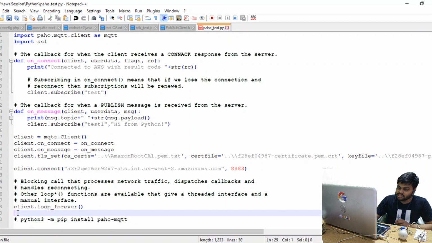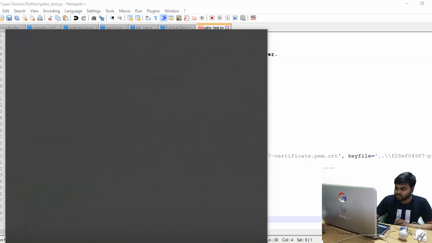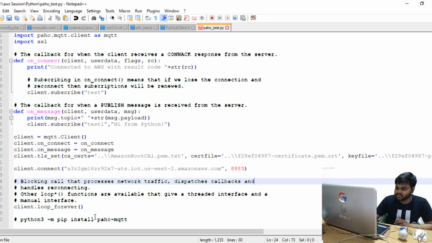So if you have not changed the environment variable of Python, you need to change that from the system variables of your Windows machine. Or if you are working on Linux, it's simple, no need to worry.